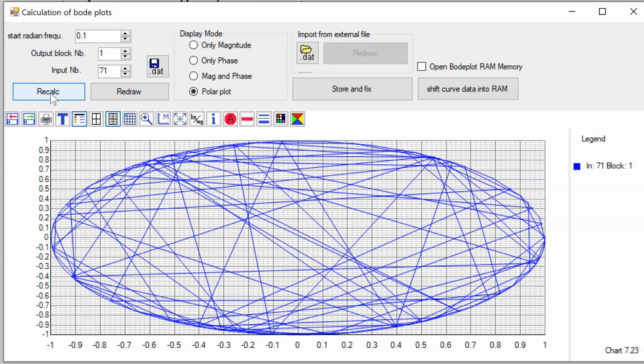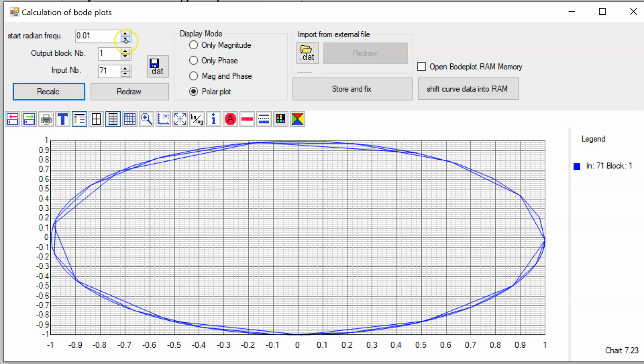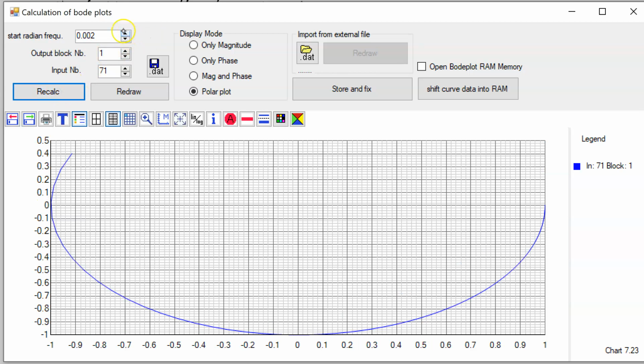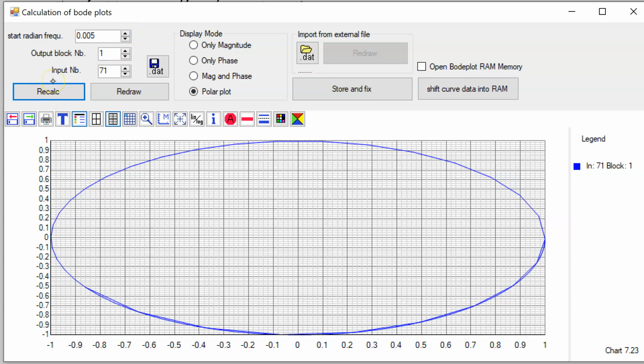I think I know this. Because of too few points. So if I start with the radian frequency a little bit earlier, maybe this will be better. If I make this small enough, then you will see